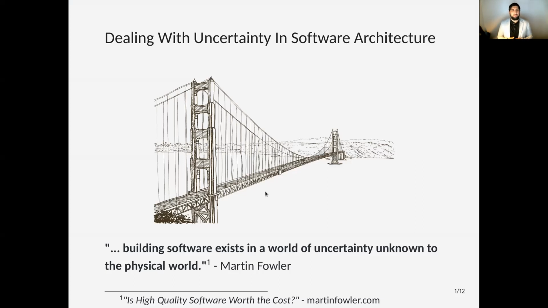And in order to adapt to these changing requirements, software architecture needs to be flexible enough to allow for that. And this is in quite contrast to physical structures, for example, if you're building a bridge or a building, while the initial design is incredibly complex, a bridge or a building doesn't need to change its core structural components on a regular basis.